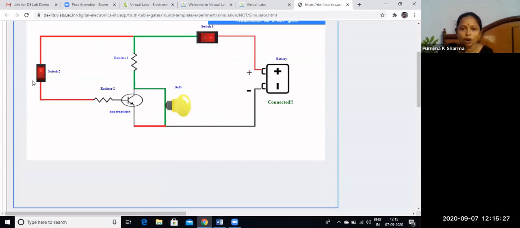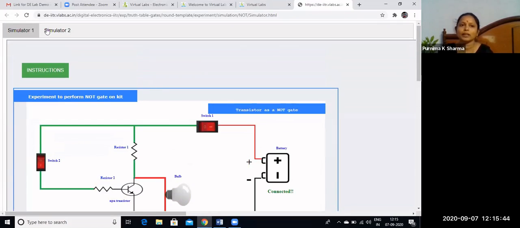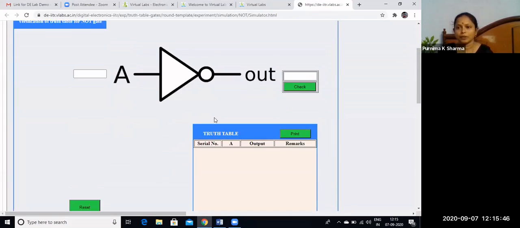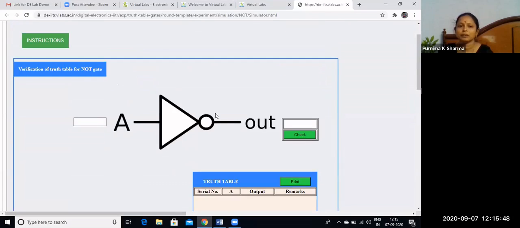Switch 2 is in off position, and the bulb is on. This is a NOT gate. That means if you give 0 to the NOT gate, the output will be 1. If you give 1 to the NOT gate, the output will be 0. This is a simple NOT gate. In simulator 2, you can verify the truth table from here. Okay, this is about the NOT gate.